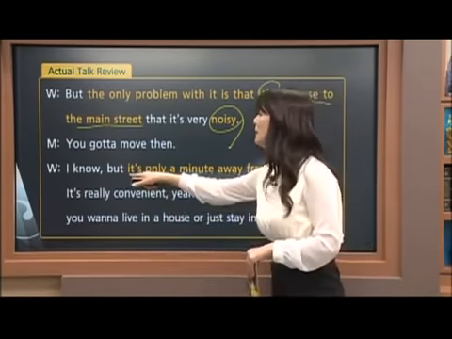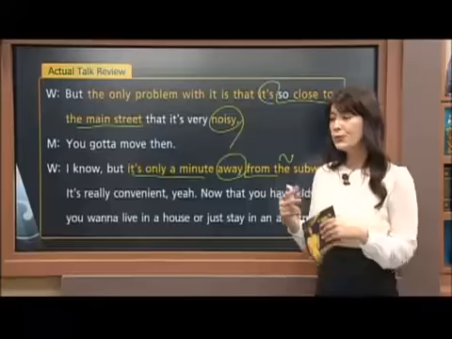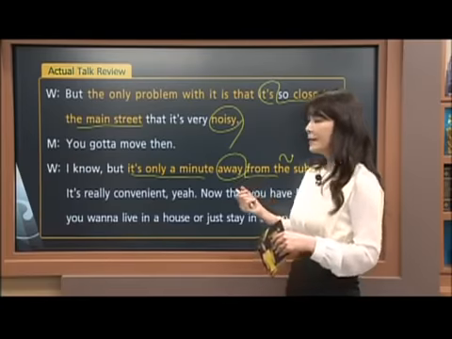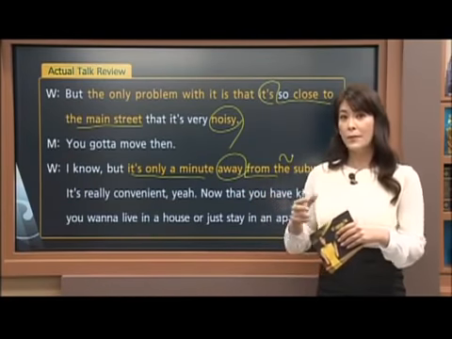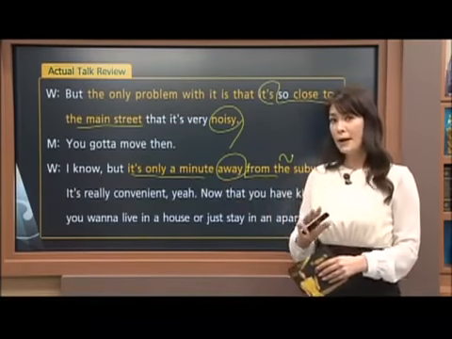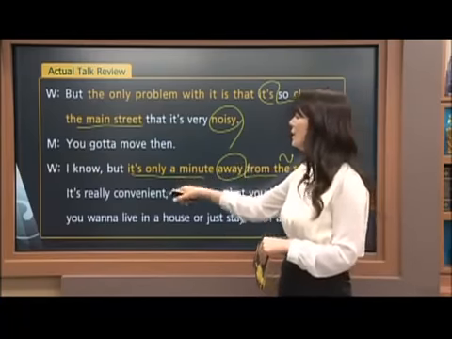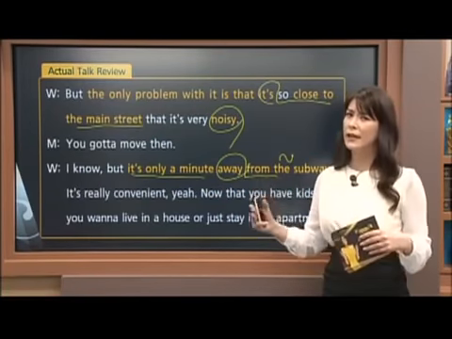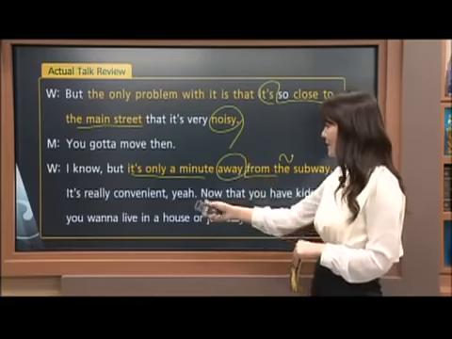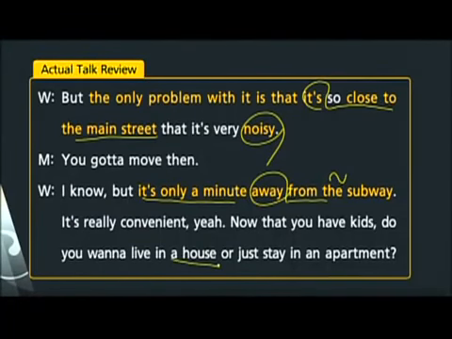She says, but it's only a minute away from the subway. It's only a minute away from something means that is how close it is to something. So for example, if you walk to the subway from your house, it takes 5 minutes maybe. You can say it's only a 5-minute walk from the subway station, okay? But she says it's only a minute away from the subway, meaning it's very close to the subway station. She says it's convenient, and she asks, now, do you want to live in a house or just stay in